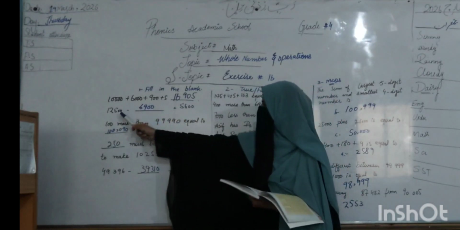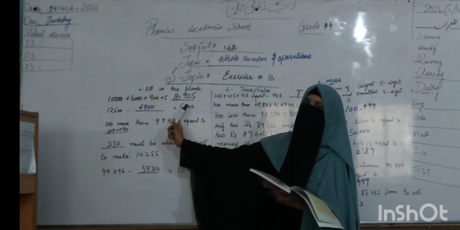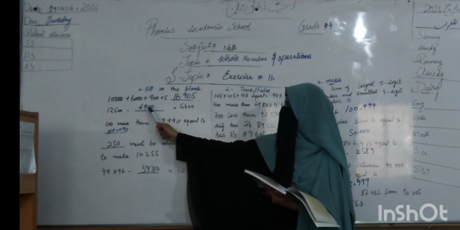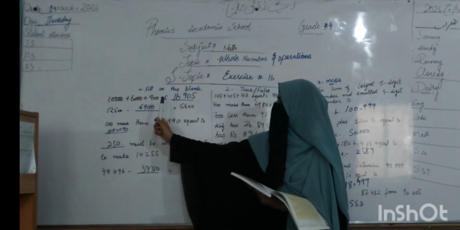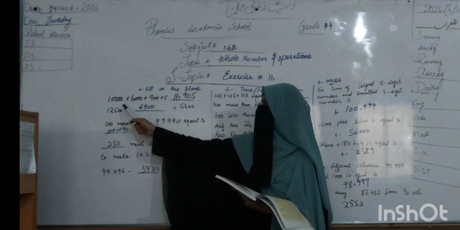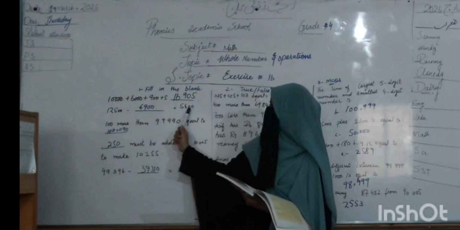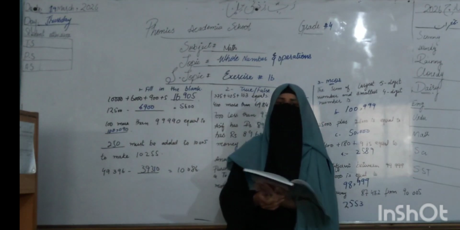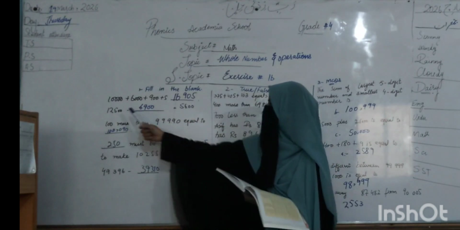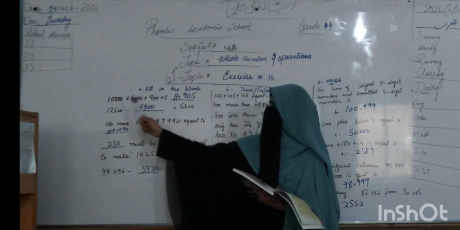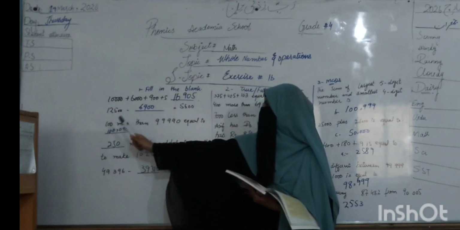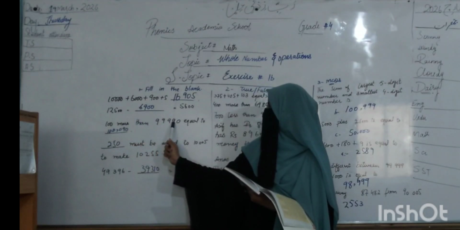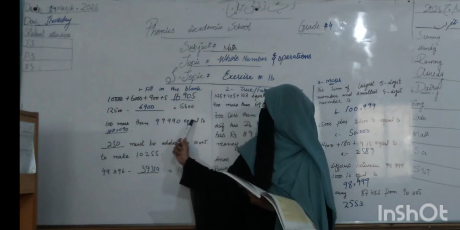When you subtract 5,600 from 12,500, the value to be taken is 6,900. Because when you subtract 6,900 from 12,500, the value is 5,600. So to find the value, you have to subtract 5,600 from 12,500. Third filling in the blank: 100 more than 99,990 is equal to